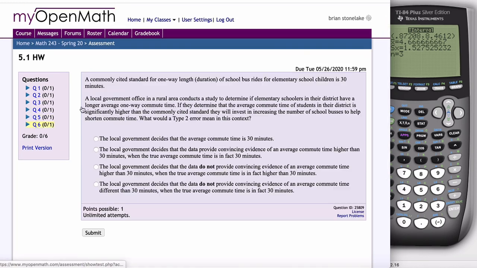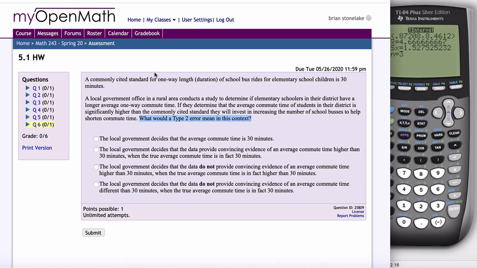And then finally, here's a question on type 1 and type 2 errors. So they give you this situation right here. And in this version, they ask you what a type 2 error would mean in this context. So watch that video on what a type 2 error is, and hopefully one of these 4 would be your answer. And this is the type of question I will ask you on quizzes about type 1 and type 2